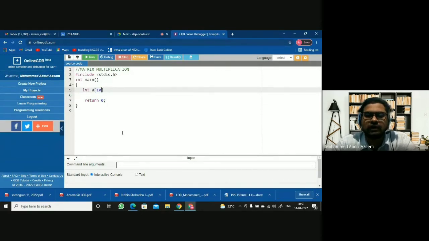Then we will restrict it with the help of certain variables, whose values we will read before going for the multiplication. We need to check the condition, as I said: the number of columns of the first matrix should be equal to the number of rows of the second matrix, right? So here I wanted to take the customized one.